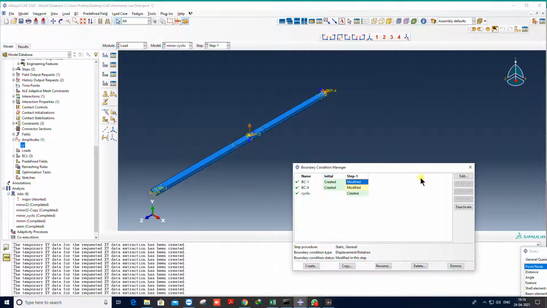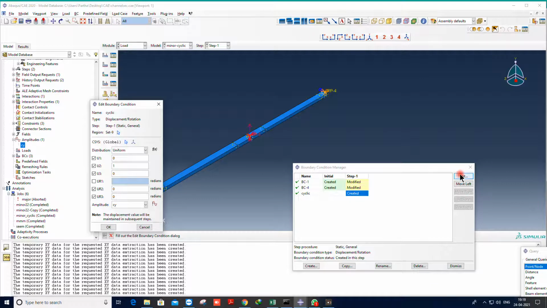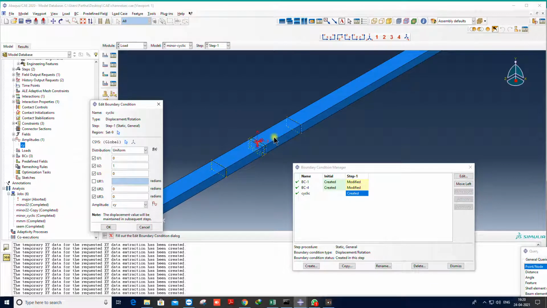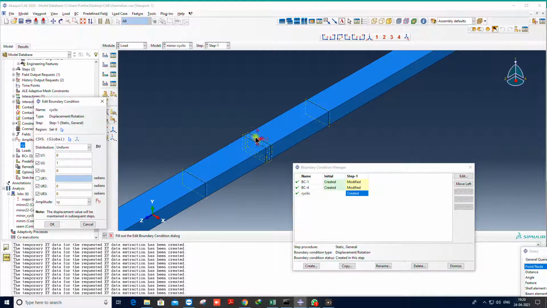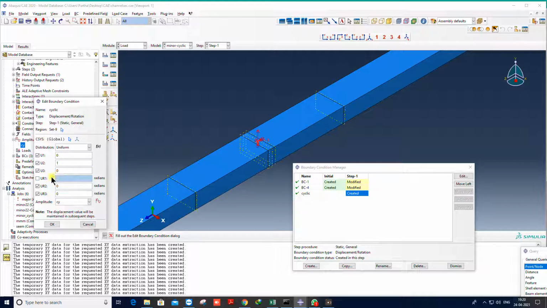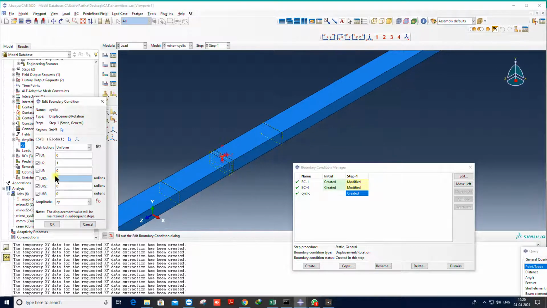Now if I check the boundary condition, one more thing, here you see the reference point. Whatever reaction force and displacement you get will be at the reference point. If you want to get reaction moment here, then you will have to block UR1. If you block UR1, then only you will get moment about the x axis. If you block UR2, moment about the y axis, and block UR3, moment about the z axis. If you do not block it, it is free, so no reaction will develop. So I have blocked U1 and U3, but U2 is not blocked.